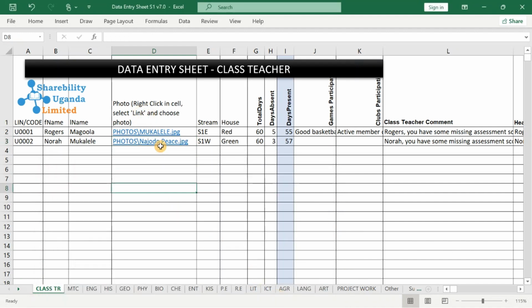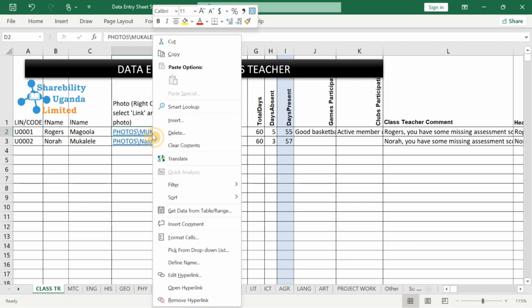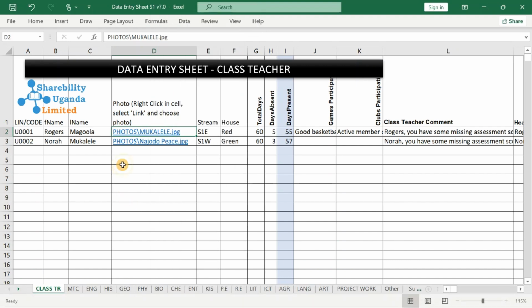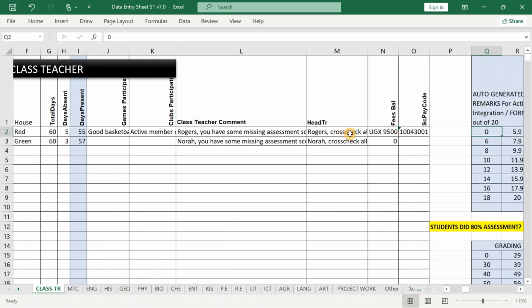So you first remove what is there. Otherwise, when you right click like this, it may cause problems. It will remove the hyperlink. But instead, if you want to link, you have to first remove this, which is there as a dummy. Then from there, you can have the streams changed, all these other things, comments about games, clubs,